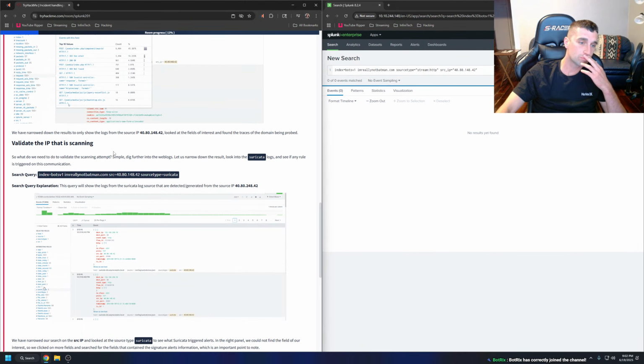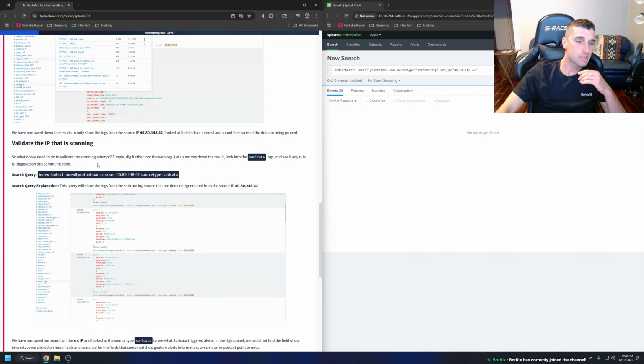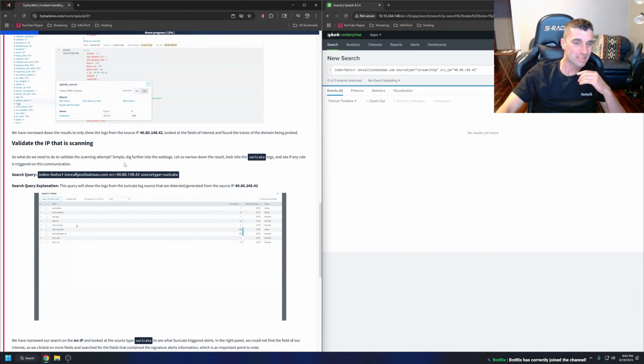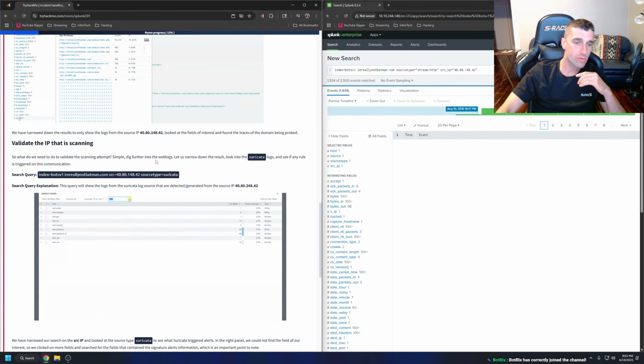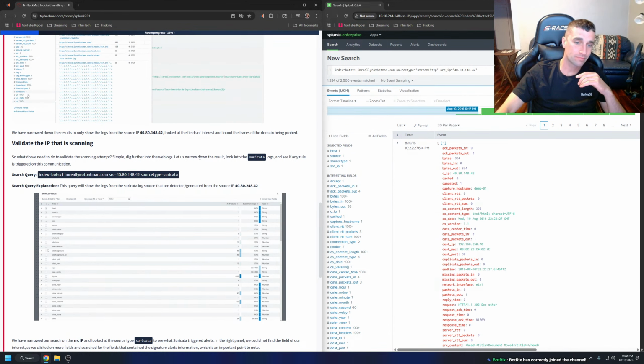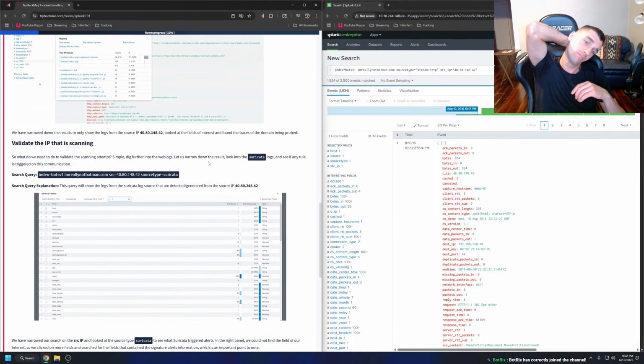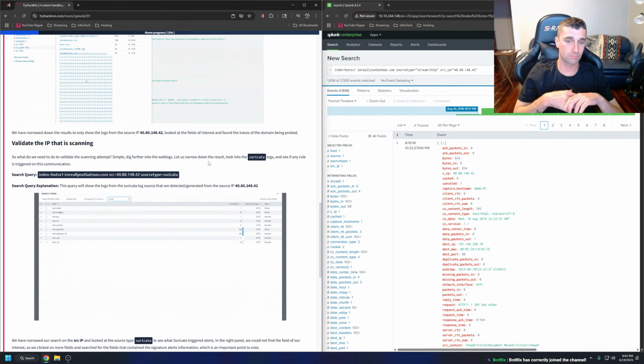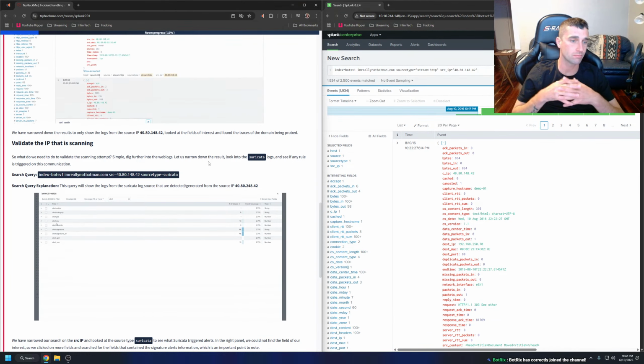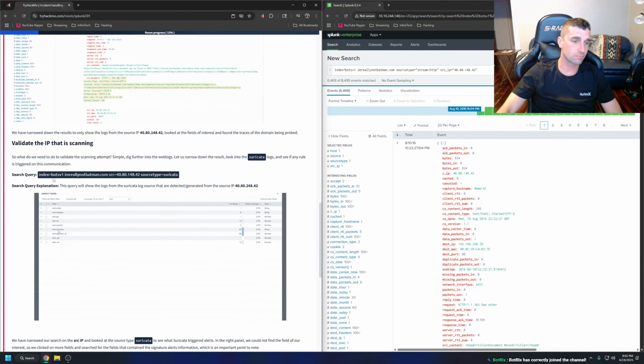Validate the IP that is scanning. So what do we need to do to validate the scanning attempt? Simple, dig further into the web logs. Let us narrow down the result, look into the Suricata logs, and see if any rule is triggered on this communication. Search query,